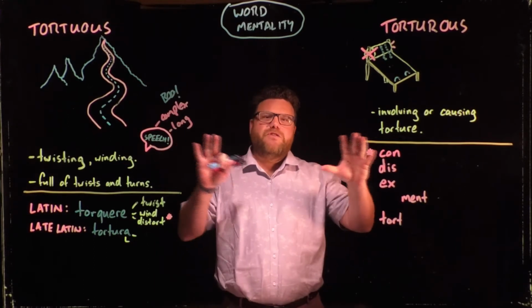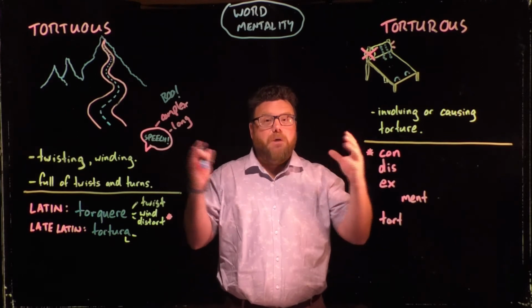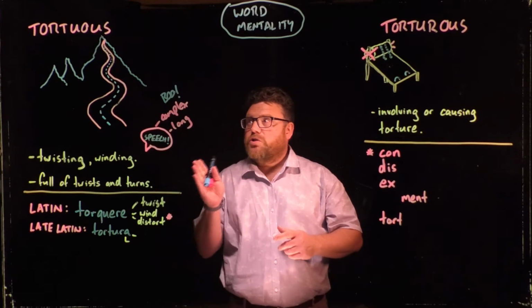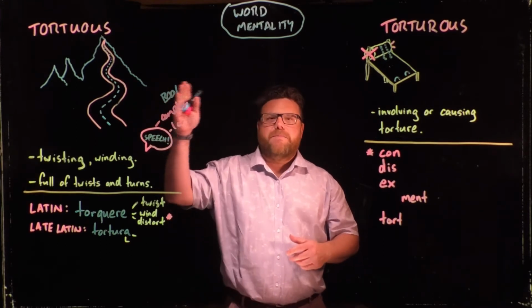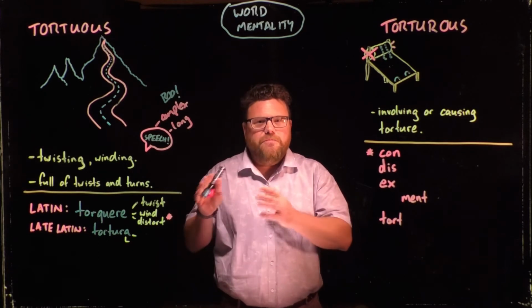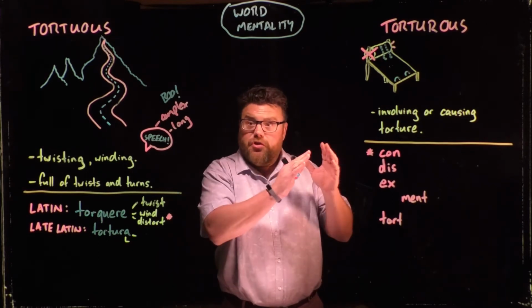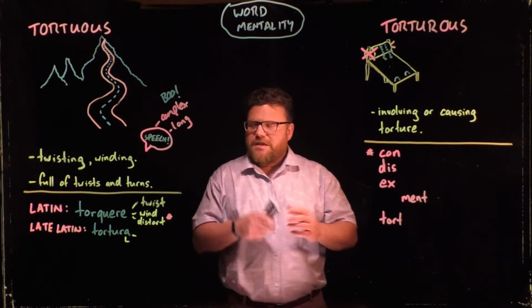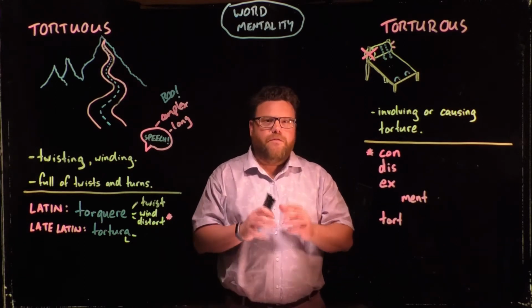So that can make these two words confusing because they can both be used to describe the one thing. Look at this road, for example. It is tortuous. It twists and winds up the mountain. But travelling in a car, going along that road, you may describe that trip as torturous, just like listening to that long and boring speech. So that, I think, causes a lot of the confusion.